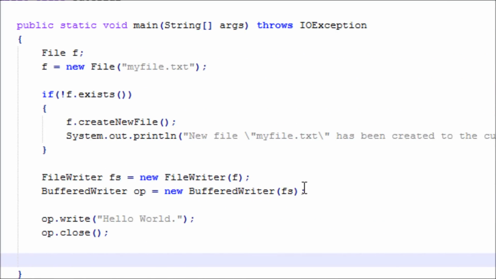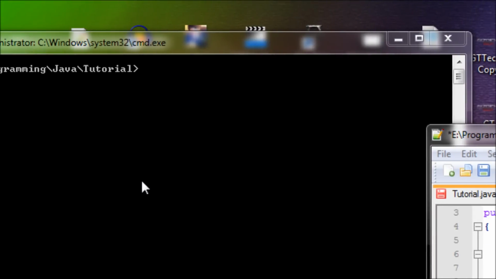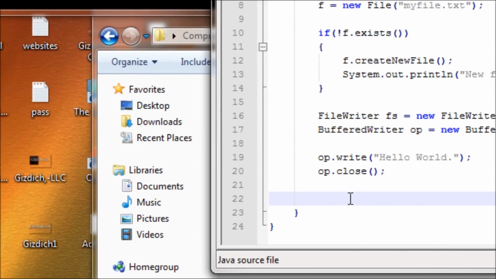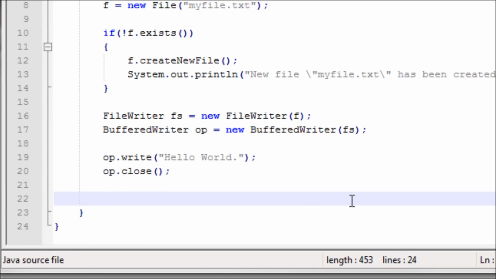Hey everyone, in this tutorial I'll be teaching you how to read text from a file by using Java. So basically we want this hello world to be displayed in the CMD. I'm going to teach you how to do that. In order to do that we have to have an object, and that object is called FileInputStream